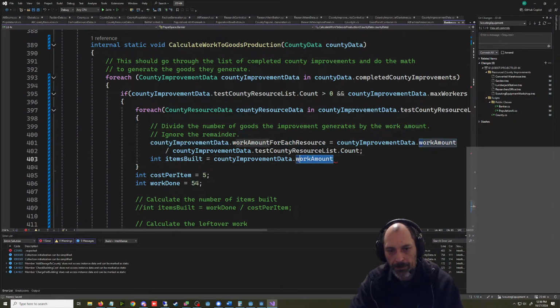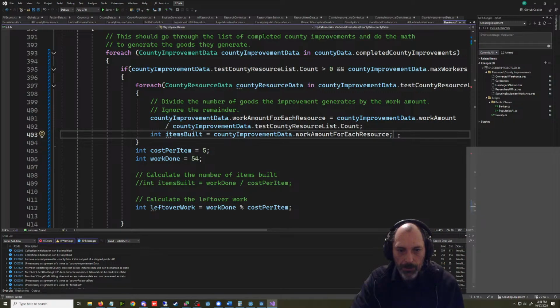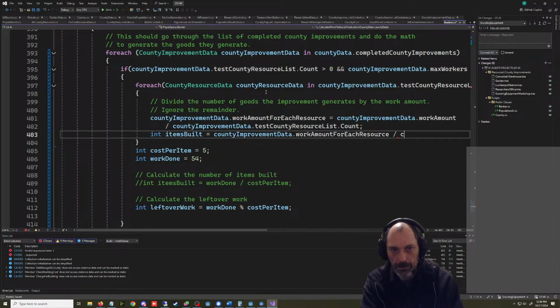I guess I could have just kept typing over here. And no, we don't want that. We want work done divided by county resource data. This isn't actually in the county resource data. This is gonna be in